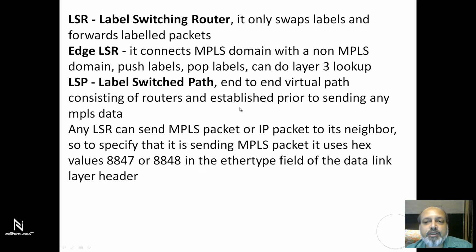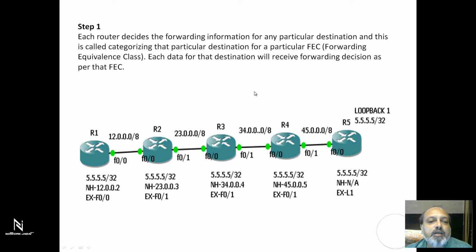This is an end-to-end virtual path consisting of routers, established prior to sending any MPLS data. Now you should be paying attention to this particular word, virtual path, and this particular phrase, prior to sending any MPLS data, because these two things deserve some special mention. Why? So that means LSP, or label switched path, is something that is established from R1 to R5,